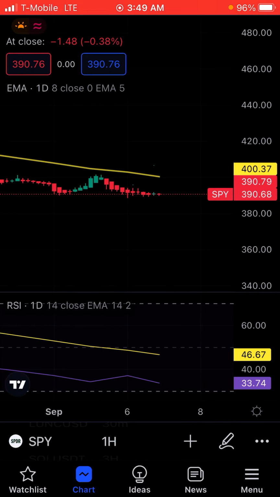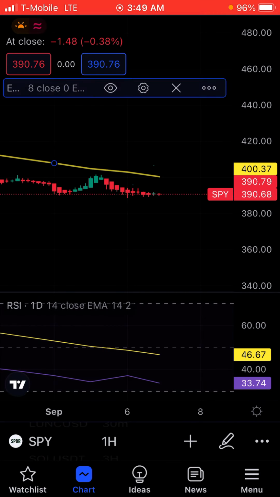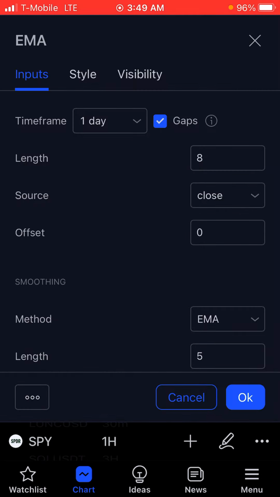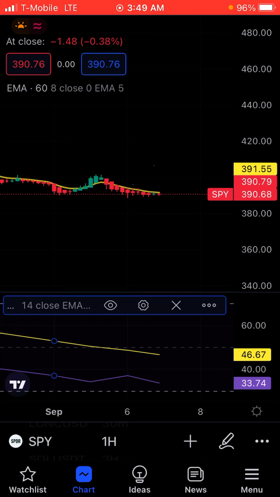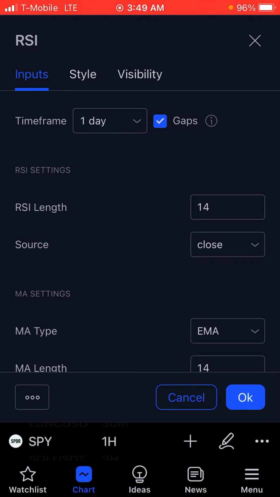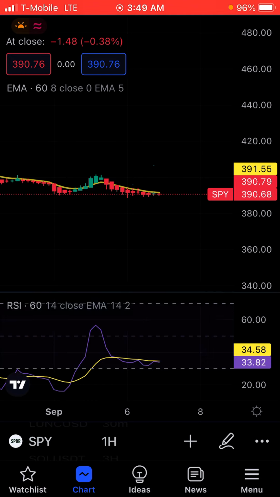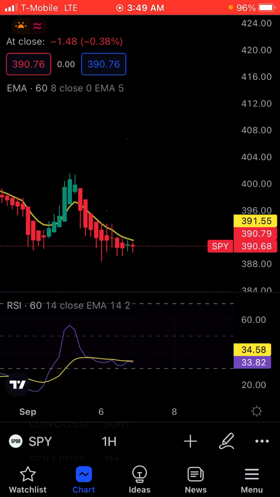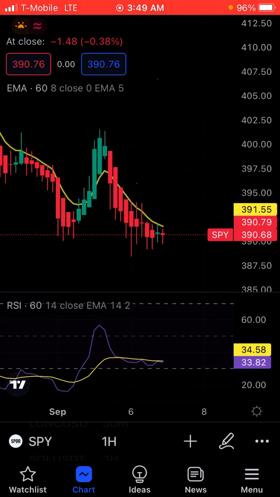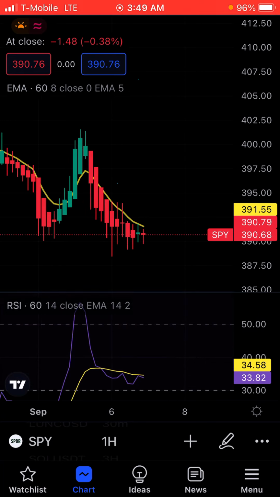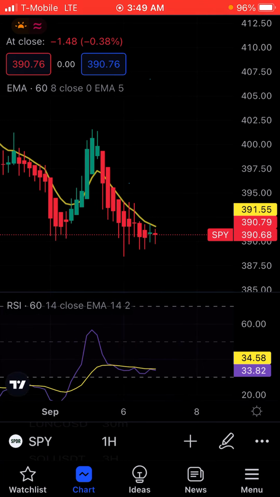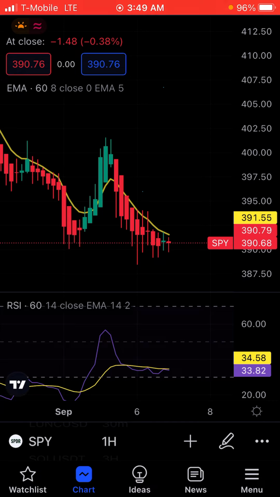And I got to change my, let's see, if you wanted to do it by the hour. Now I'm just changing the RSI to an hour. Okay. So this is the same thing. Same thing I'm talking about, it's doing it by the hour. So if you want to do it by the hour, it's the same thing.